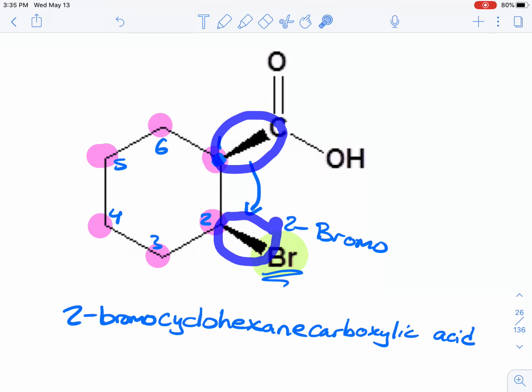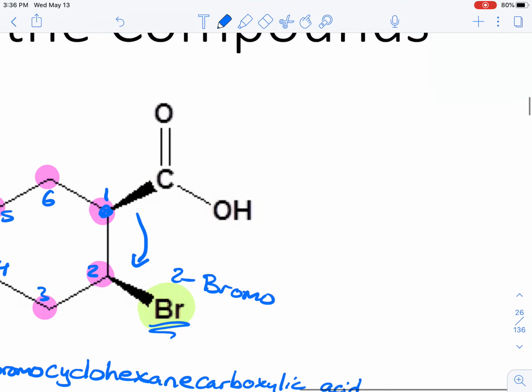And so with the three-dimensional structure of this cyclohexane, there's going to be something that's called axial and equatorial. And it turns out that the relationship between the carboxylic acid and this bromine, since they're both pointing up, we need to communicate to the reader that they're technically on the same side of the plane. And so this is basically what I'm referring to. So if I were to draw a chair conformation for this